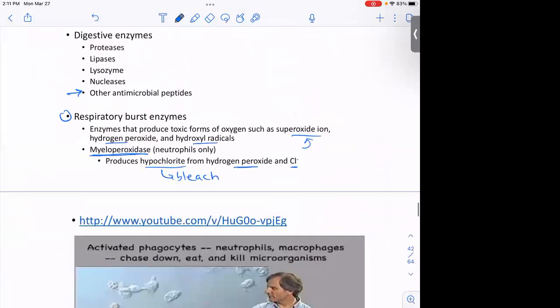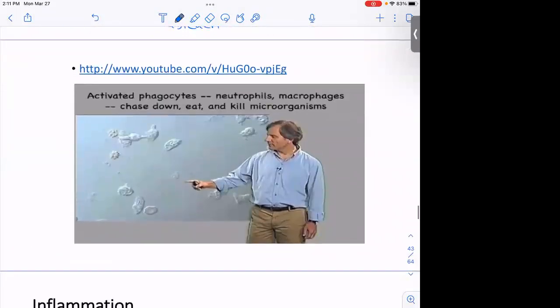Okay, and lastly, I just mentioned that actually most phagocytes, especially macrophages, have sort of two levels of activation. They kind of have their normal level where they're just going around our body patrolling and eating stuff. And then when they encounter a pathogen, they become activated, okay? Through cytokine signals, they become activated and they get bigger and they have a higher metabolism and they are just acting a lot more quickly. So this is kind of a cool time-lapse photography